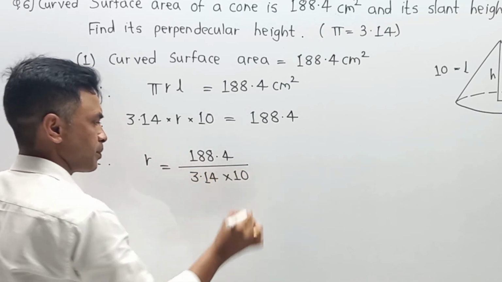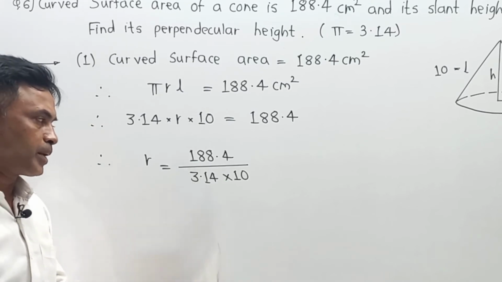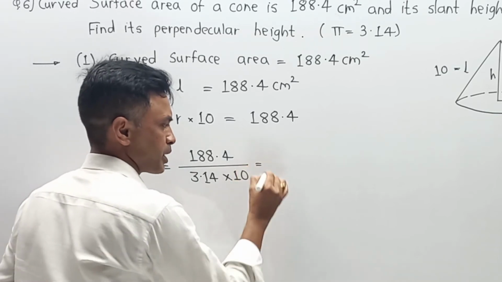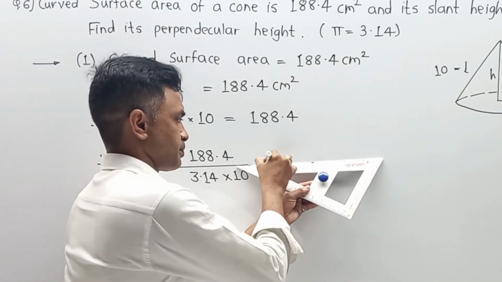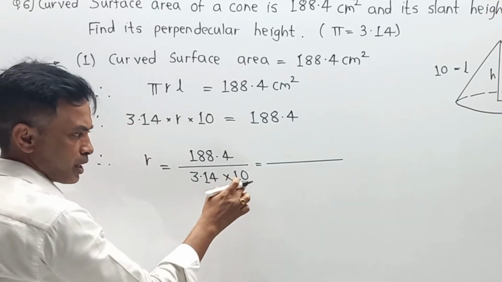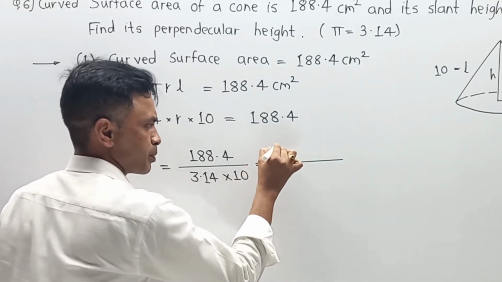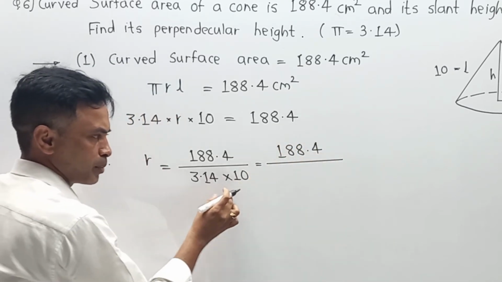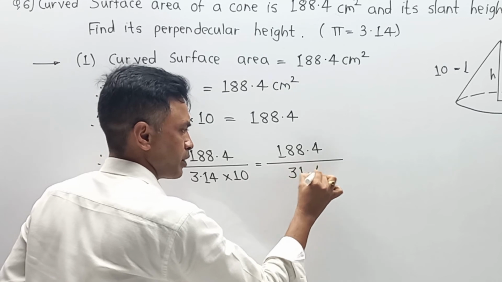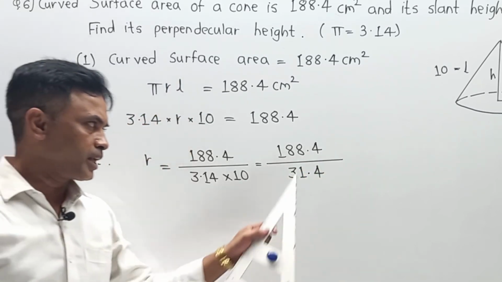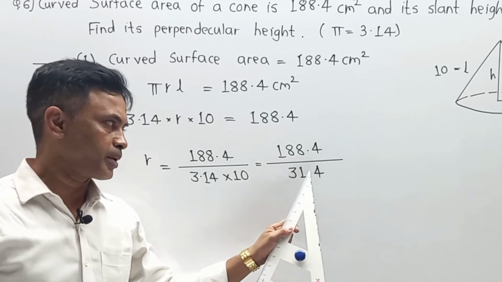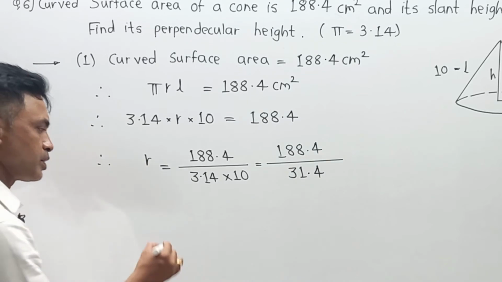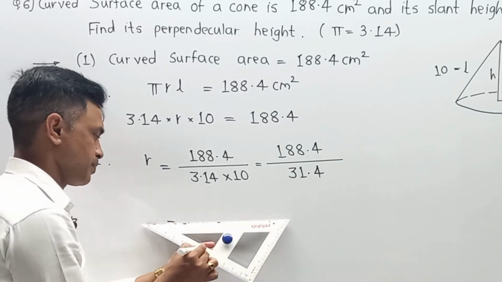Now, the main problem will arise only when decimal calculation comes into the part. Now, next simplification, please pay attention. Here, first of all, I am going to multiply 10 with 3.14. So 188.4 and 10 into 3.14 becomes 31.4. Now definitely the numerator contains one decimal after one number, and the denominator also contains one decimal and one number, so shifting the decimal from both sides makes this mathematical calculation easier.